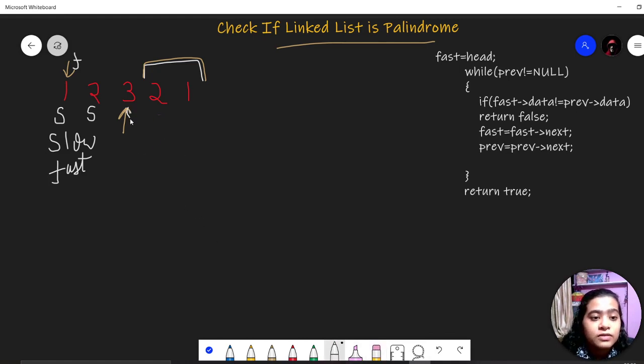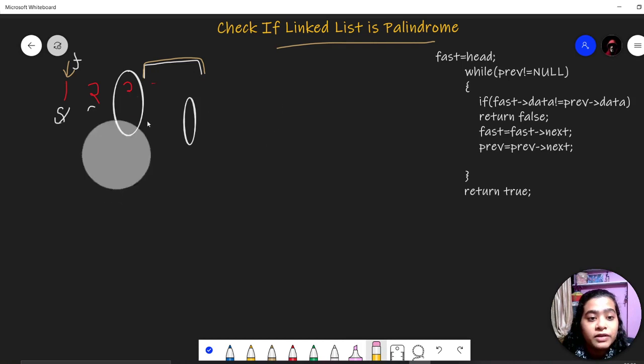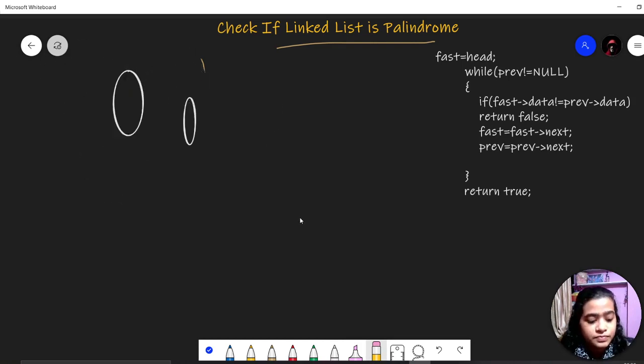Now the slow pointer will come to 3 and the fast pointer will go to the last. We have to check whether the fast pointer is pointing to null. Then we have to return the data part of the slow pointer, which will be the mid element. So this is how we are finding the mid of the linked list.